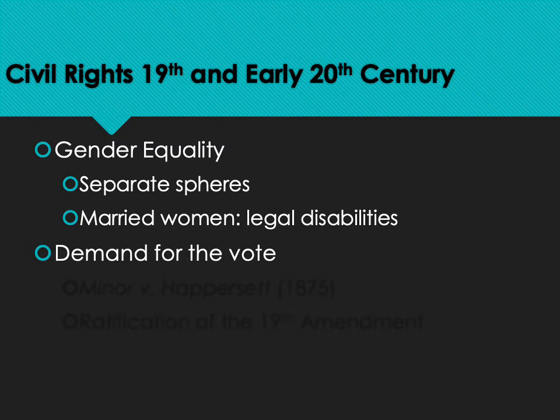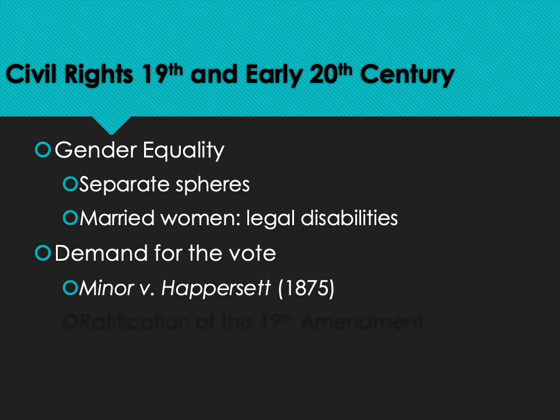One of the things in the Declaration of Sentiments that came out of the Seneca Falls Convention was a demand for the right for women to vote, which I'll tell you was not very popular at that time. So women fought for quite some time to get the right to vote, to get full citizenship rights, at least in terms of political equality, during the late part of the 19th and early part of the 20th century. A case was brought to the Supreme Court in 1875. Virginia Minor, in the case of Minor versus Happersett.